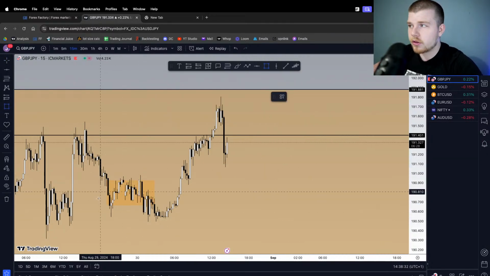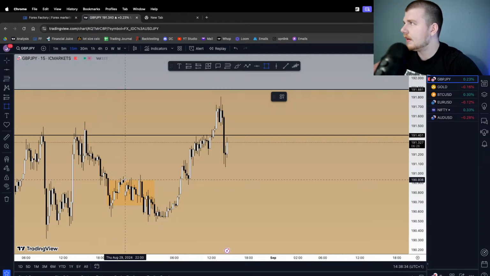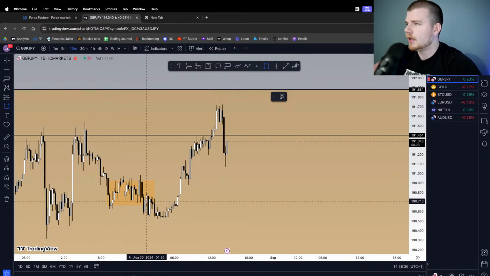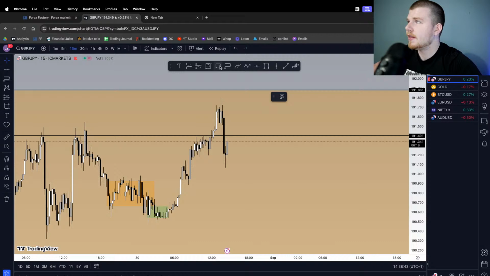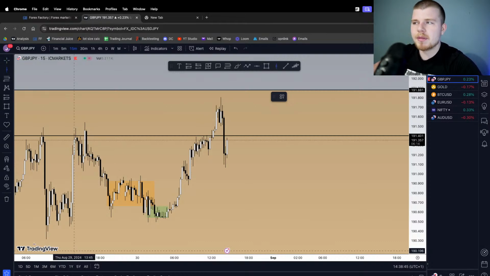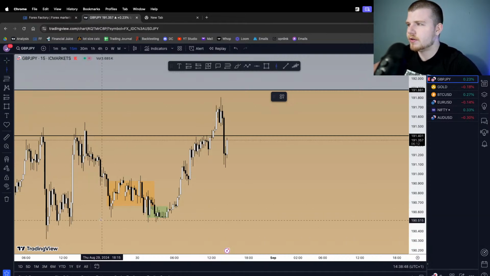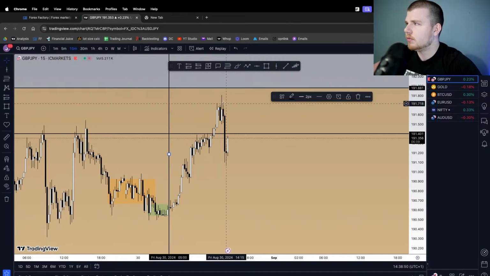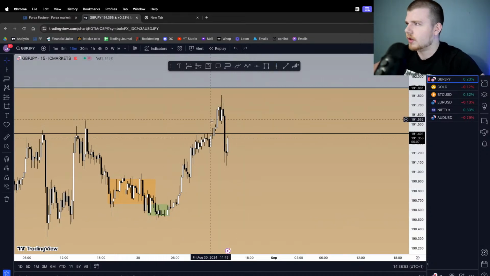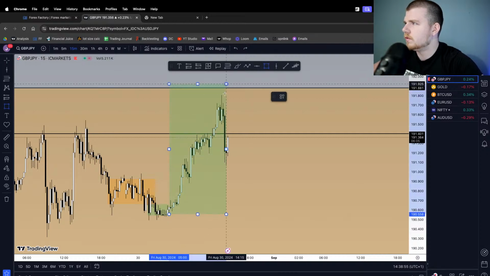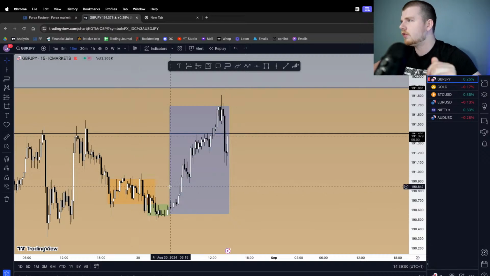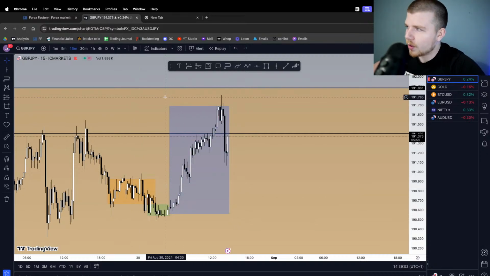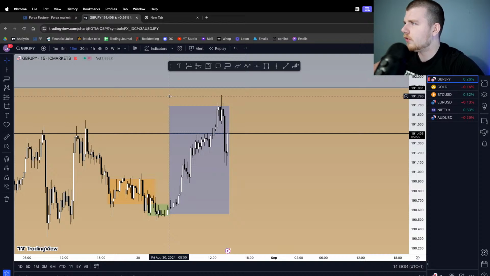So we had our accumulation right here. I think this was late last night. Yes, it was. Leading into Asian session. Then, about mid-Asian session, we started getting the manipulation to the downside. And once we'd had that manipulation, we didn't really manipulate into anything. It was more of a support zone than anything. We then had our distribution move to the upside. So obviously we could have caught this if we were trading London like we used to.